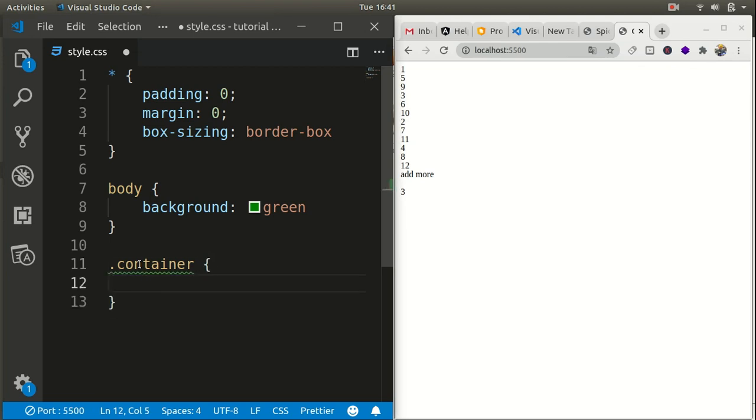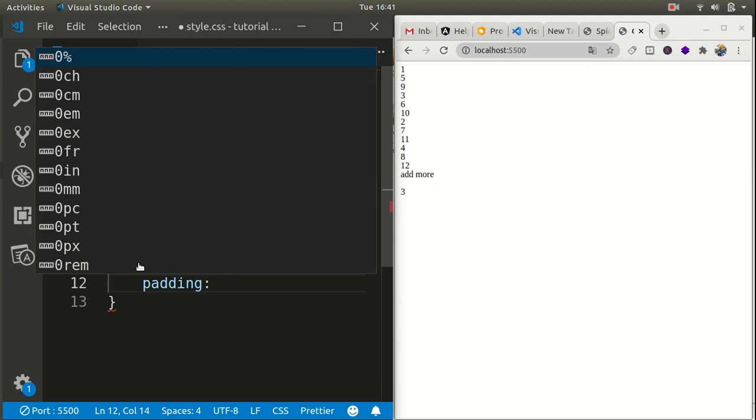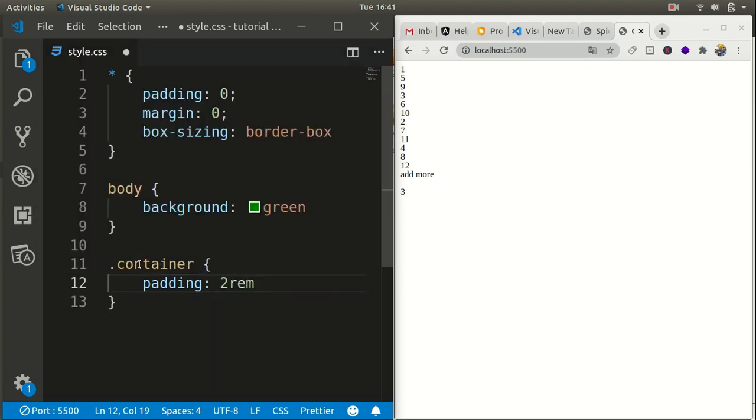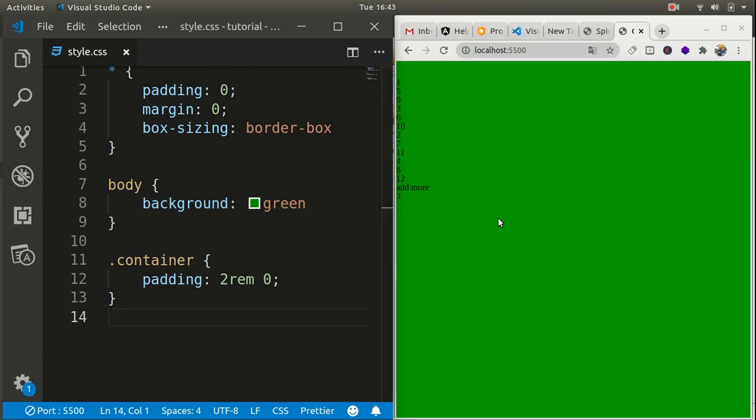Container will have a padding of 2 rem top and bottom and left and right to be 0, and at this point let's save our changes. And now without reloading the browser, all the changes synced up because we have installed the live server, and this is the power of live server. So let's continue.